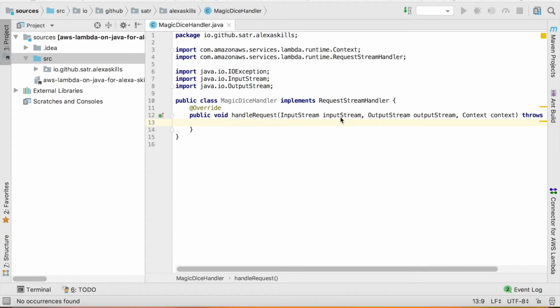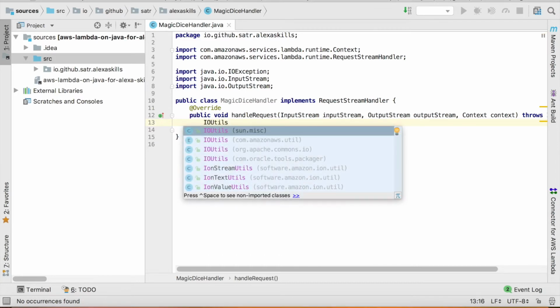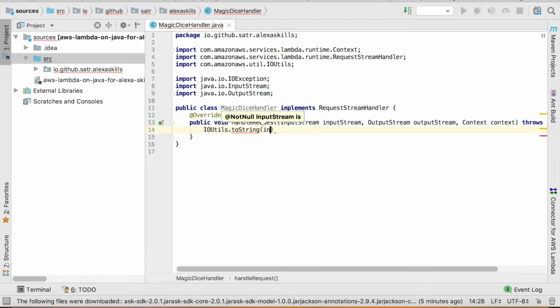Then we need to respond with the output stream. We need to deserialize the input and serialize the output. There are multiple IO utils, and we select this one. We need to deserialize it, and for this we will use the Jackson serializer.